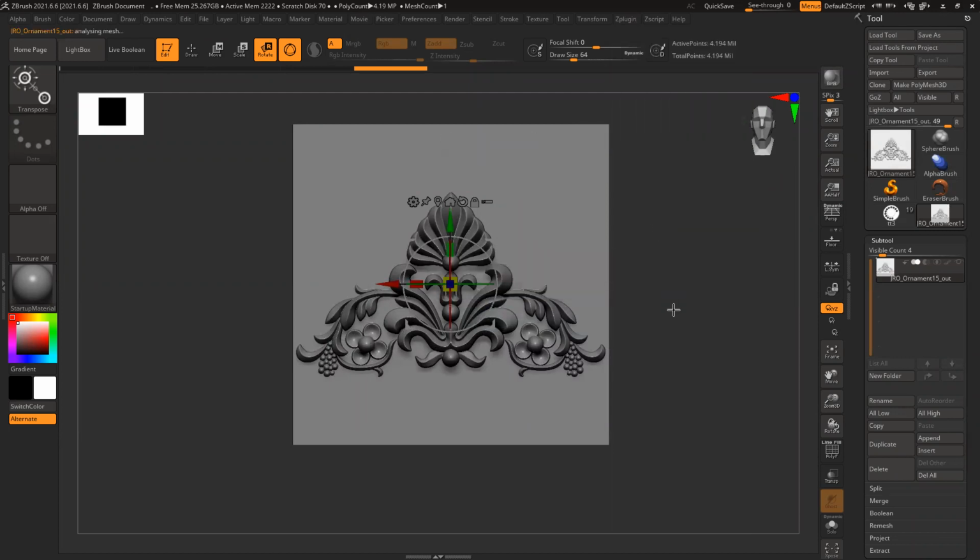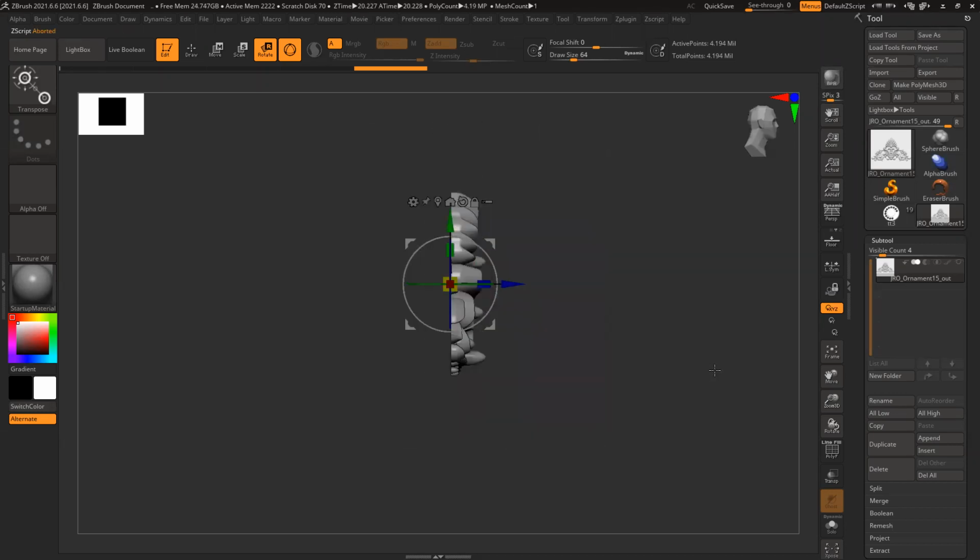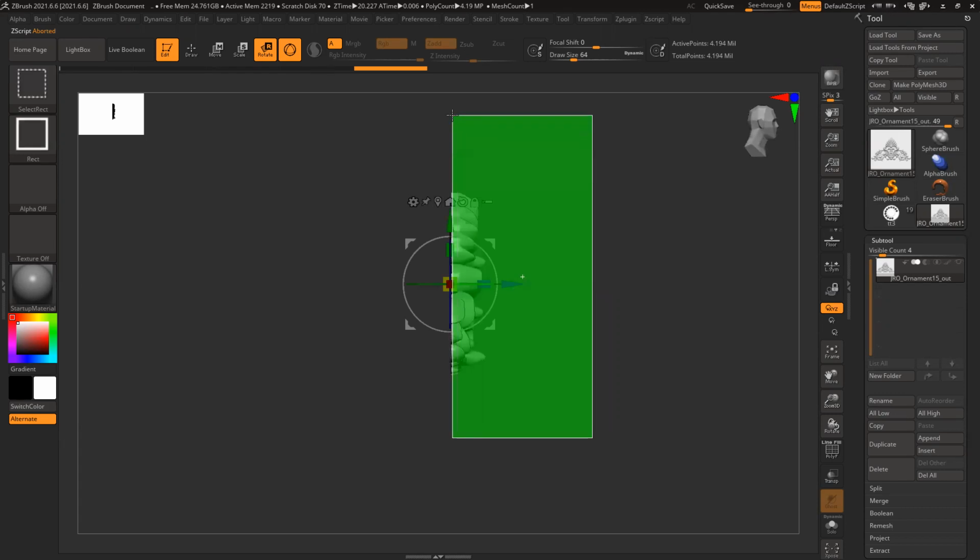Okay, now pre-process this thing. Control Shift select, and keep this part visible only.